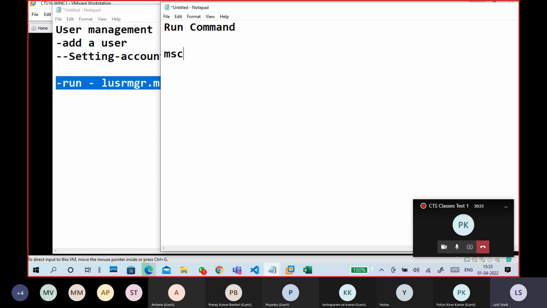Inside there are MSC related commands, CPL related commands, .exe related commands, executable commands. So for example, MSC related commands. lusrmgr.msc, it is local users and groups.